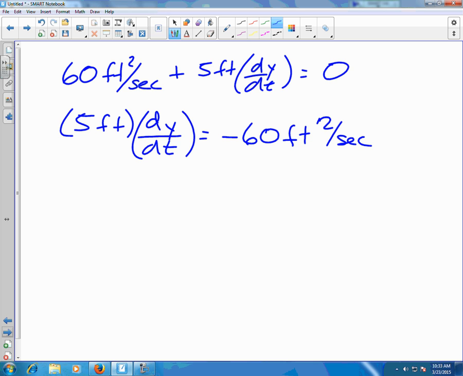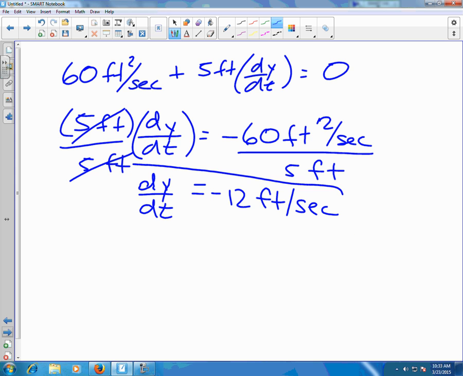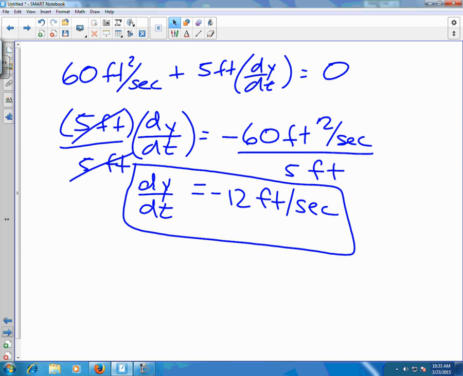And I'm just kind of keeping the units on there even though we don't really need it. Divide by 5. Or divide by 5 feet. And you get the ladder's falling at 12 feet per second, which seems reasonable. Now, if we go back and just look at the original picture,